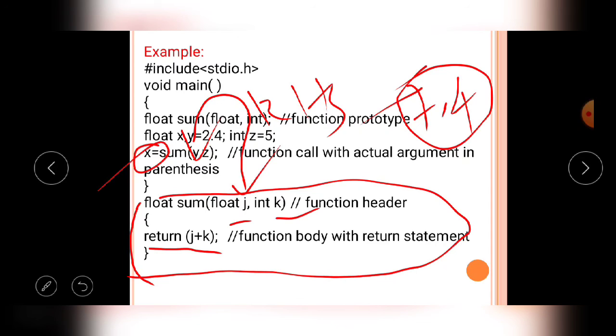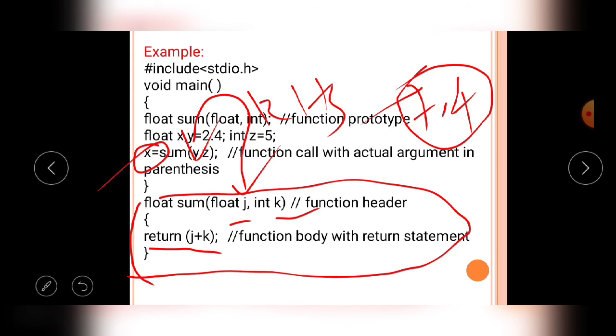Like that, a user defined function can be executed successfully in the C language with the help of function prototype declaration, function definition and function calling.